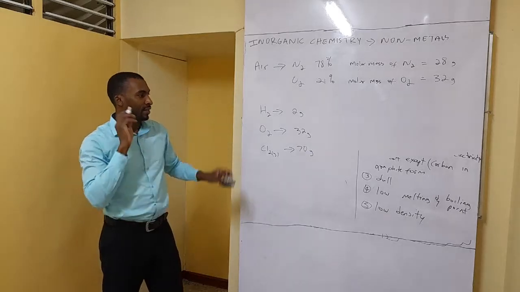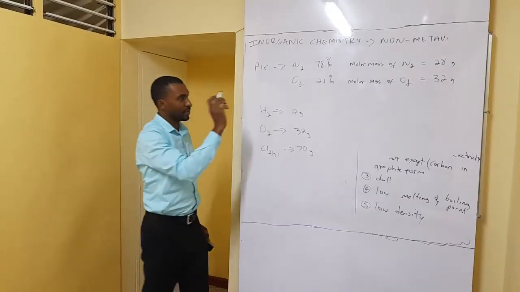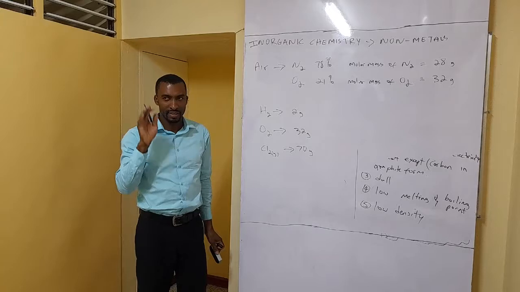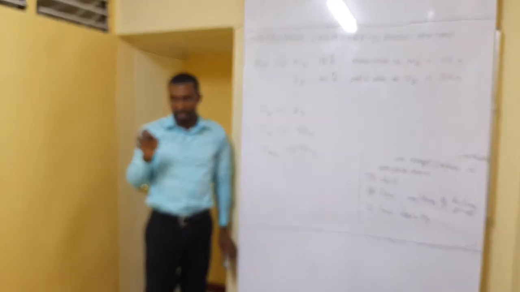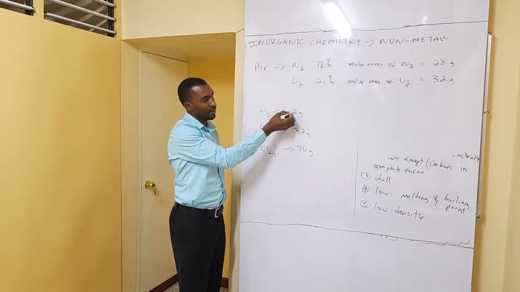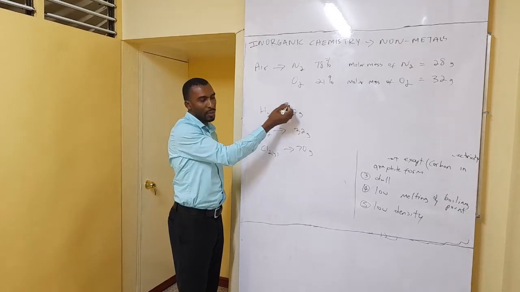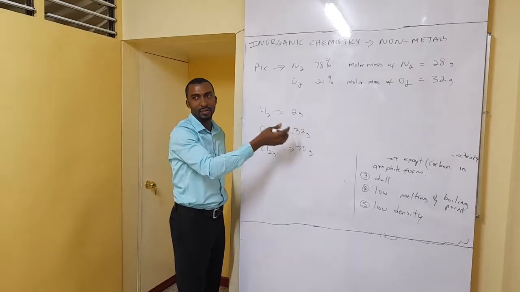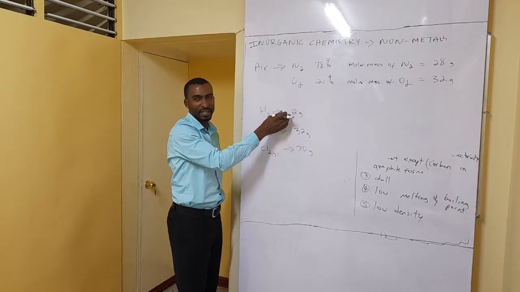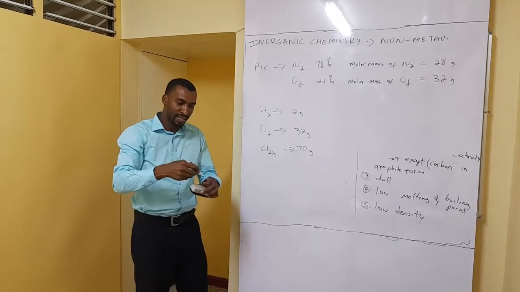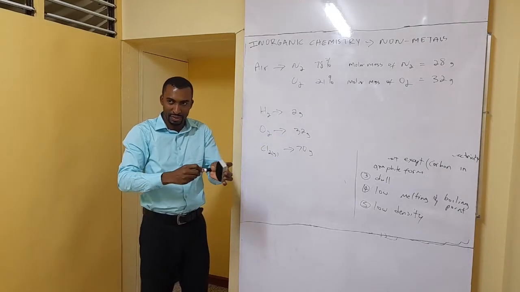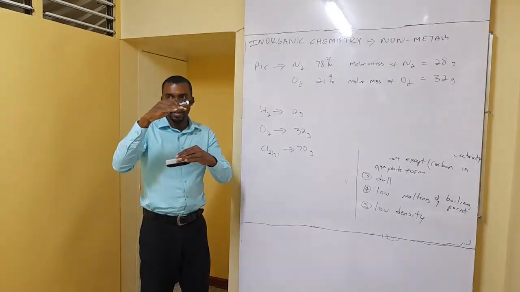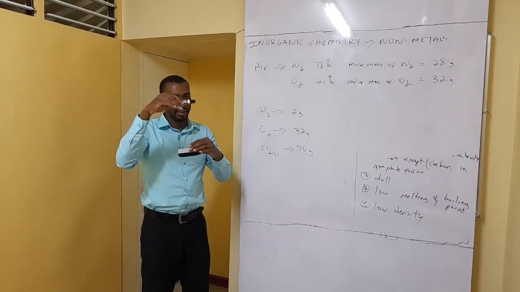In terms of density, this is how you determine which gas is more or less dense than air. If the relative molar mass is lower than the average for air, it would be less dense. So if we prepare hydrogen gas in a container with air, it would displace the air